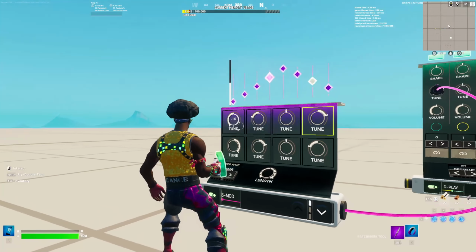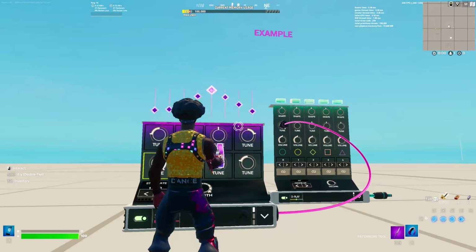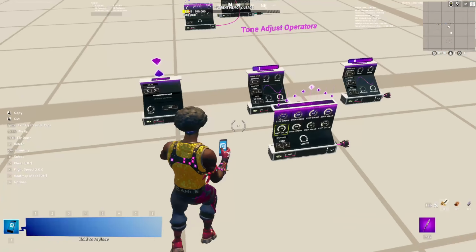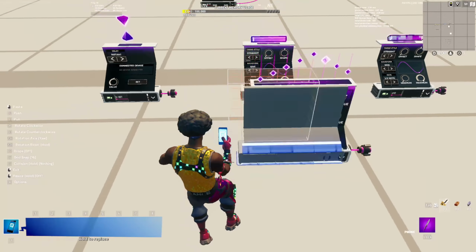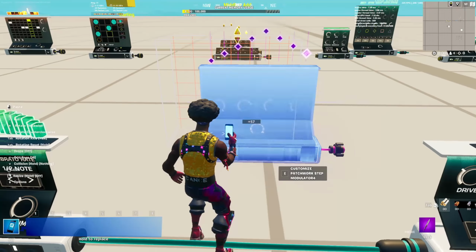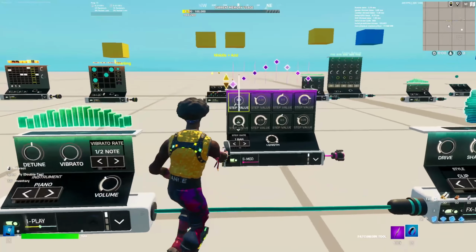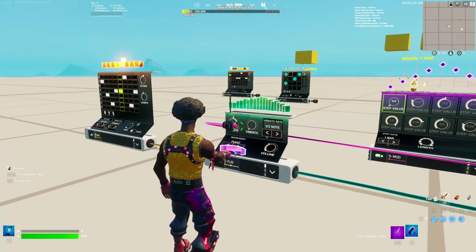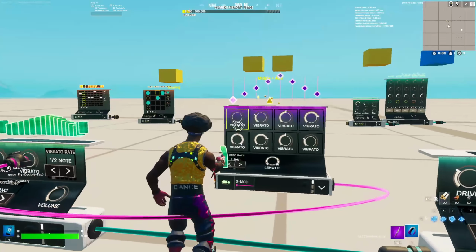So when I plug it into tune, I can adjust every block up here at the tune. They all sound different when you do it, so you just gotta kind of fiddle with it. And the easier one that makes more sense to me is this one. So if I bring this over here, place it in the middle, you can actually attach this to, like, let's do vibration again, and then we'll all turn a vibration.